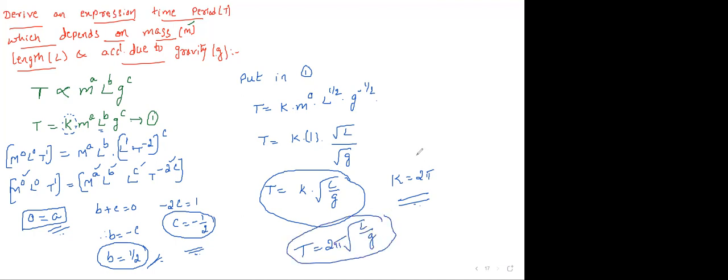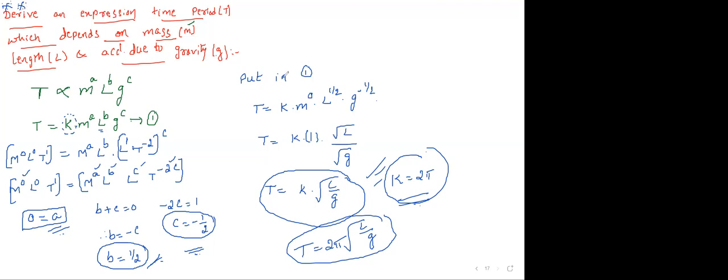Actually in the exam, even if you don't mention K, they will give the complete marks to students. No need to write the value of K here. Students, this question is also very important for quarterly test. Maybe if they are asking a 5-mark derivation from units and dimensions, this is the only derivation we have in this chapter. So they may ask.